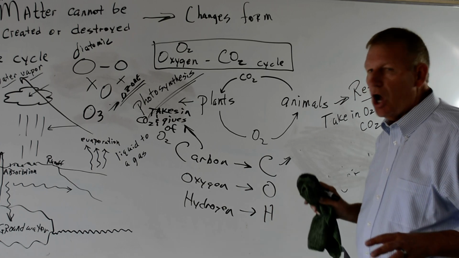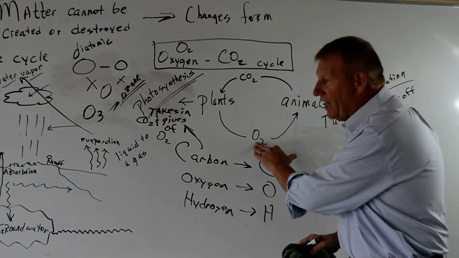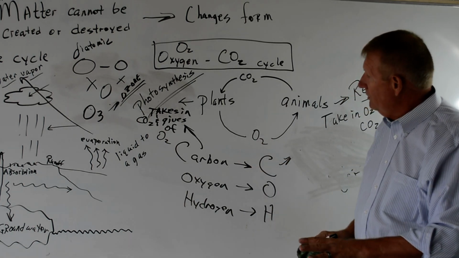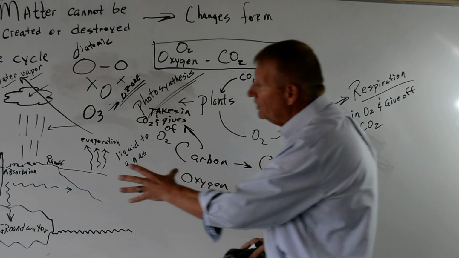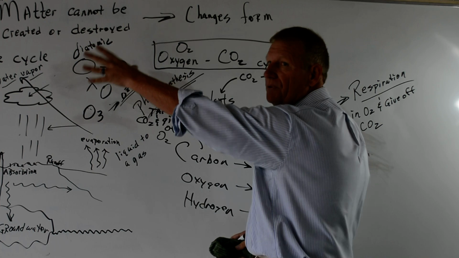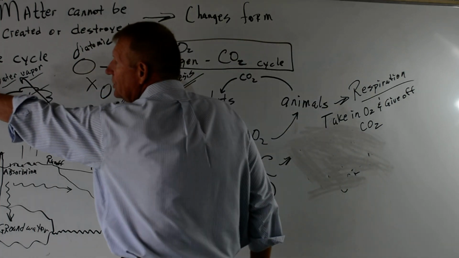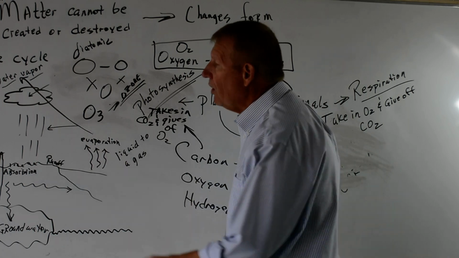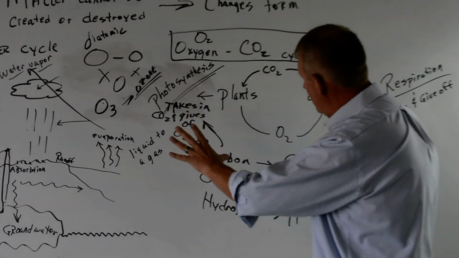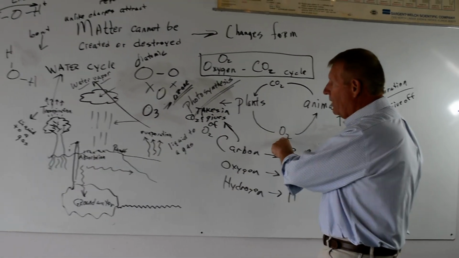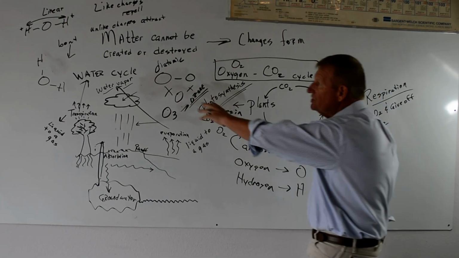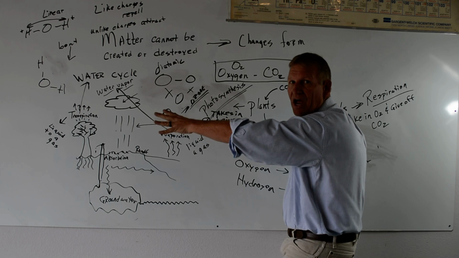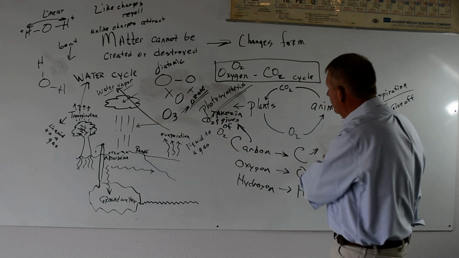Now, is the only oxygen in the world just between plants and animals? No, it's not. Even though we go over here to this water cycle, what else is up in the sky? Oh, where's this oxygen? Oh, it's tied up in what? Water molecules. So as part of the whole process, a bunch of the oxygen is tied up in the atmosphere in the water cycle. It's tied up in there. It's even in the ground, in the water.